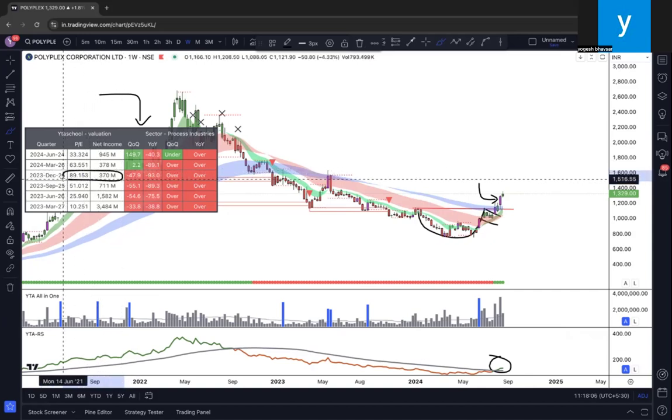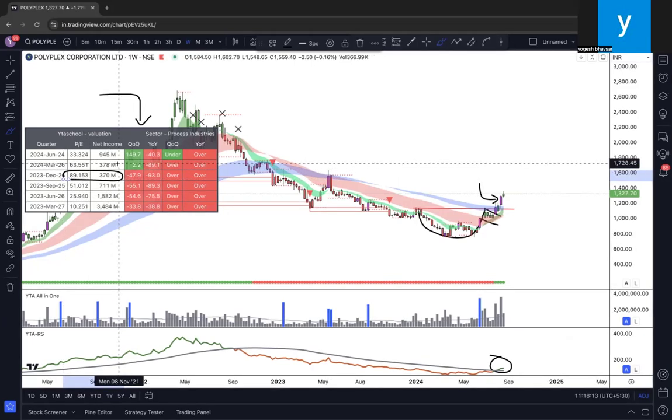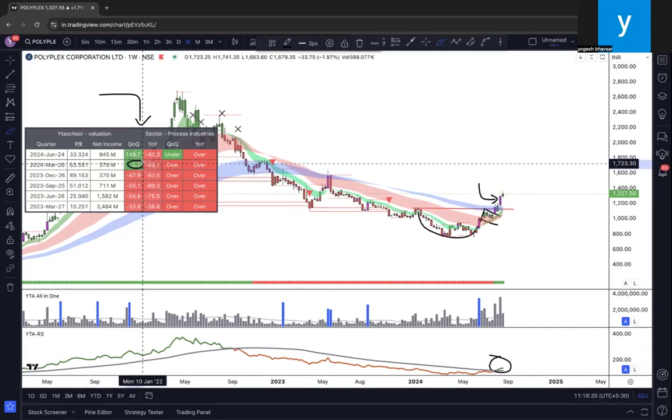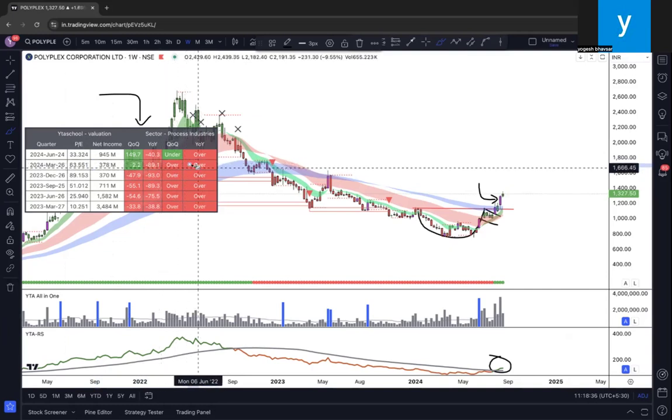Okay. Consider 2-3 quarters below your current and see how the company is performing. What happened in the net income? It came to 378, better returns, that is a 2.2% hike over the previous quarter. And the P/E came down from 89 to 63. Very good. But will you pay 63 P/E for that 2%? My system is saying no, it's overvalued. Do not pay that much. Okay, you let it go.